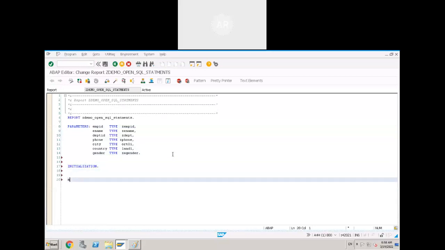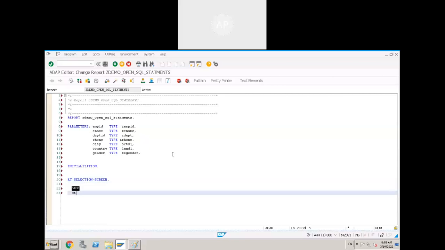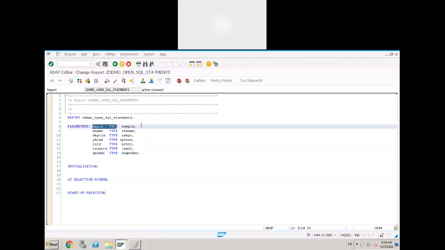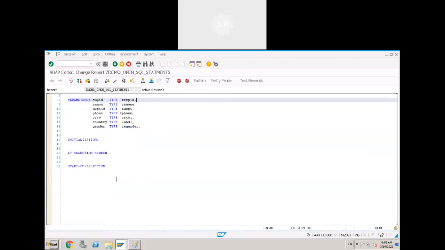Initialization, get selection screen. Now tell me what is the important validation here? Employee ID. Why? Because employee ID is the primary key. That's why there should be at least a value for employee ID. Remaining values might be blank, but there should be a value for employee ID, right? So write that validation, or whatever the fields you think are important, add the validation. If